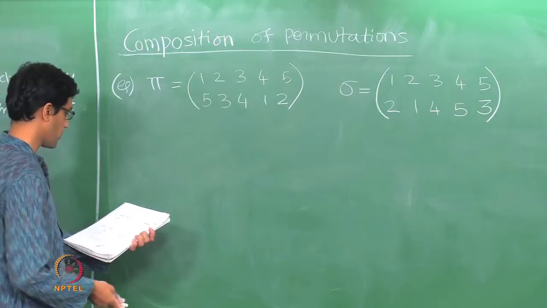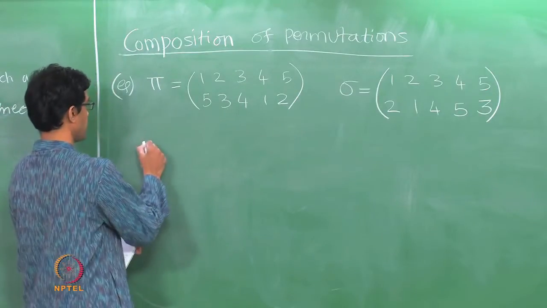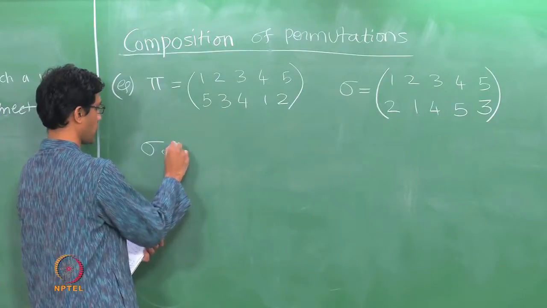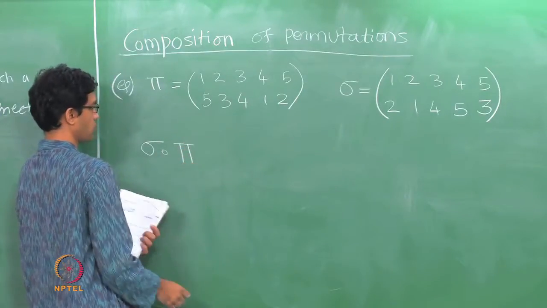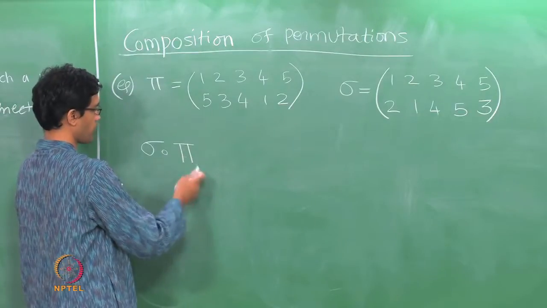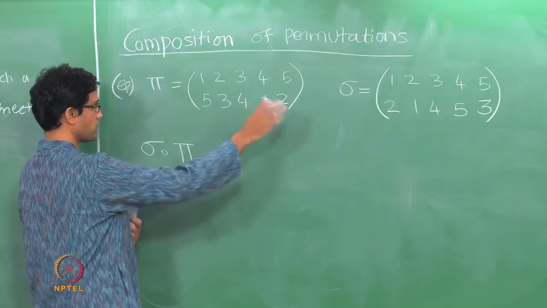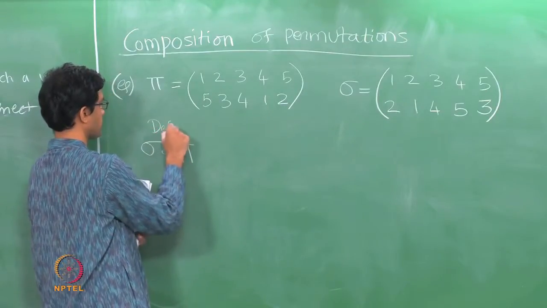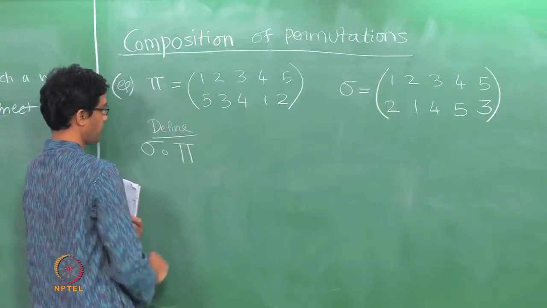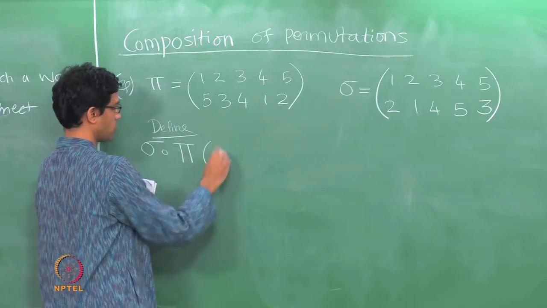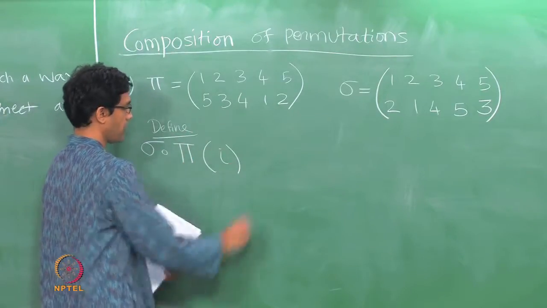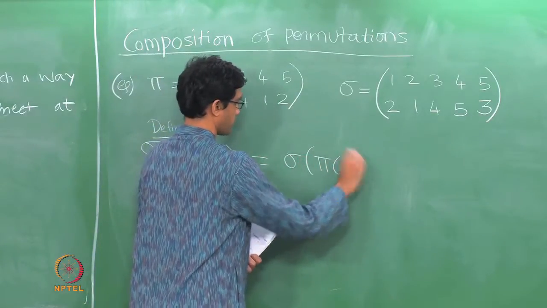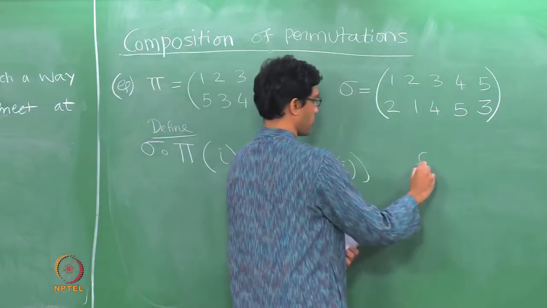Now what is sigma composition pi? Okay, so here is a new operation, it is a way of generating yet another permutation. So let us call it sigma circle pi or sigma composition pi. So what is this defined as? Well, it is a new function which is just the composition of these two functions. So sigma composition pi is defined as follows. Define a new permutation as follows. How do you figure out what this does to i? Well, this is just sigma of pi of i. So this is just the usual notion of function composition.